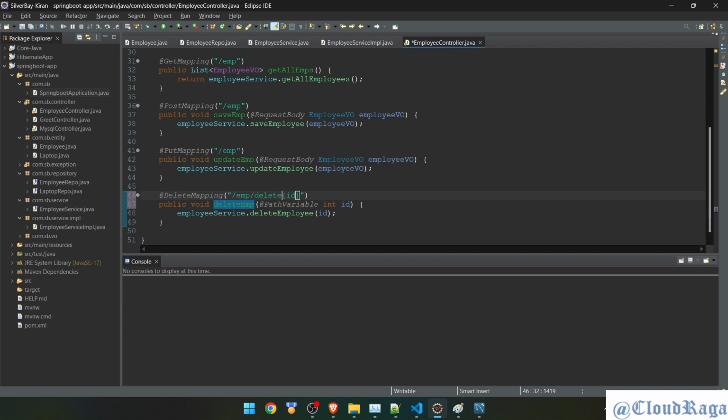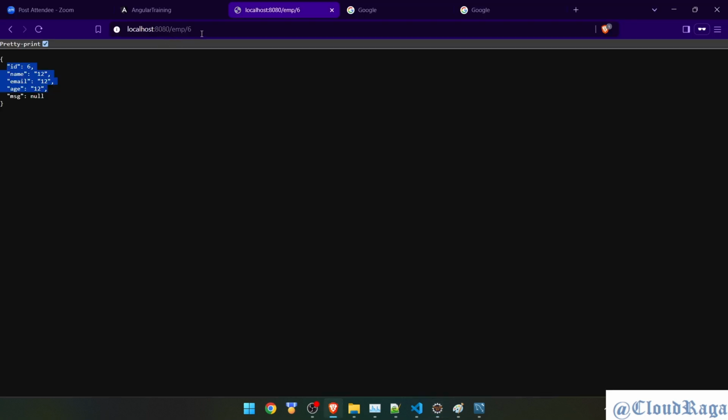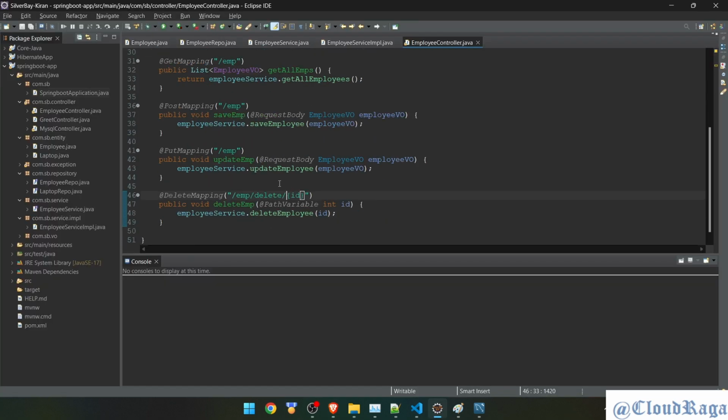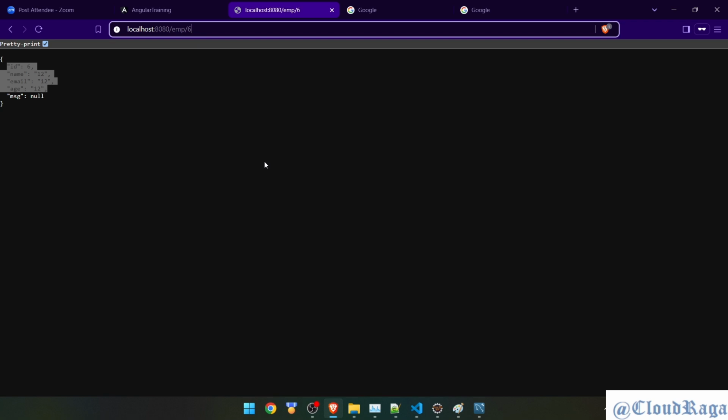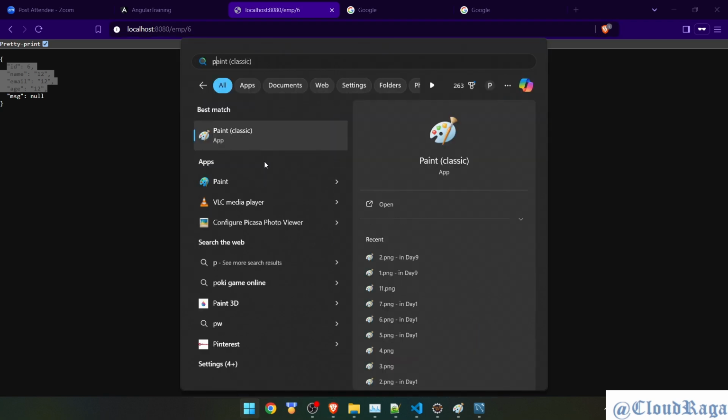I'll say delete. Fine. It's not the standard way, but okay, I'm doing it. Because from the browser we cannot tell what we are up to, right? We're not telling whether it is a get request or a delete request. That delete is possible when you are using Postman. So let me show you one thing. I just changed the method name. It remains emp ID. From the browser, it is always a get request. So if I run this code from Postman,